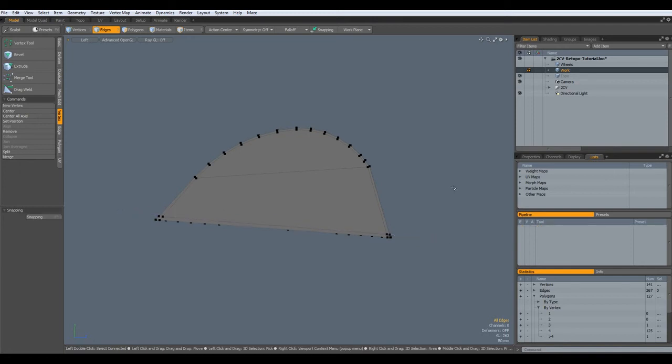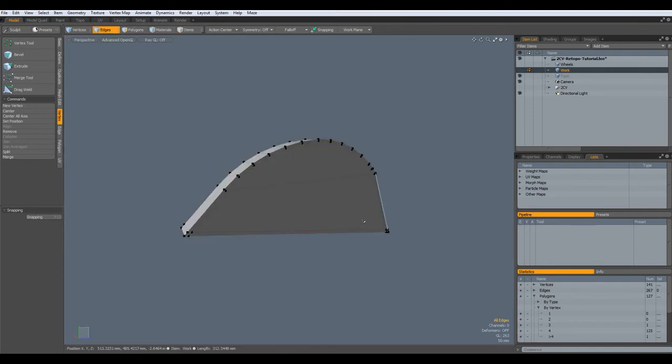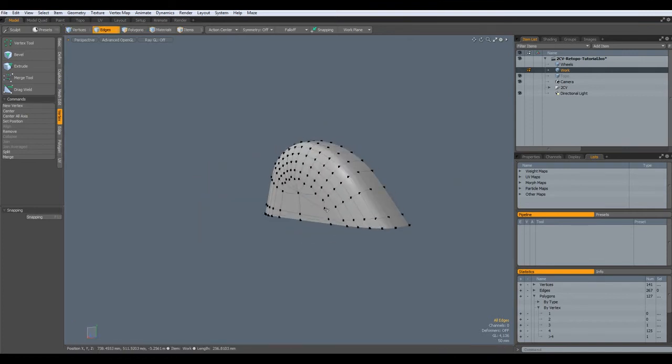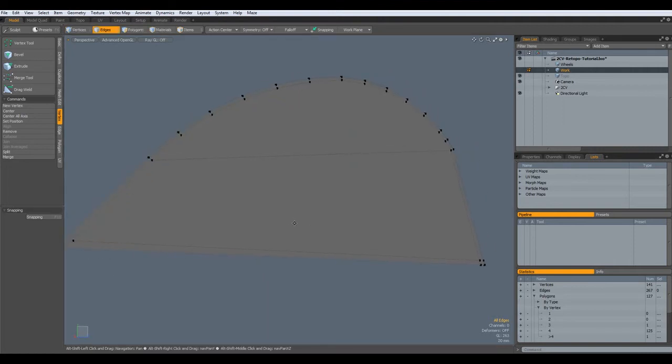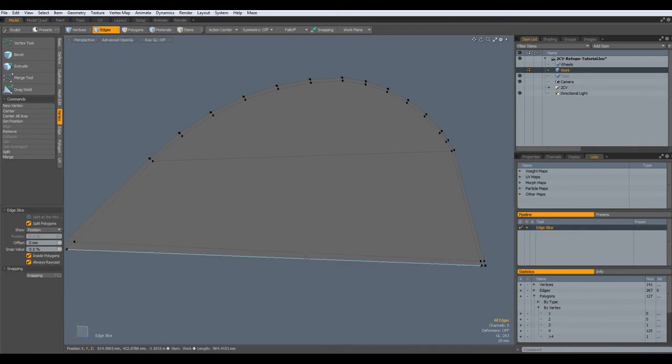Drop the tool, and now we hold our edges very well, like so. Good. Now I can make all quads in here, so edge slice tool again, slice through here, this one, shift click here, shift click, and we are